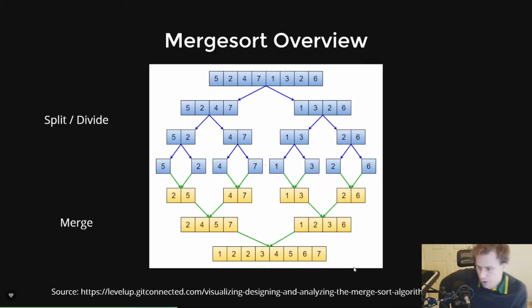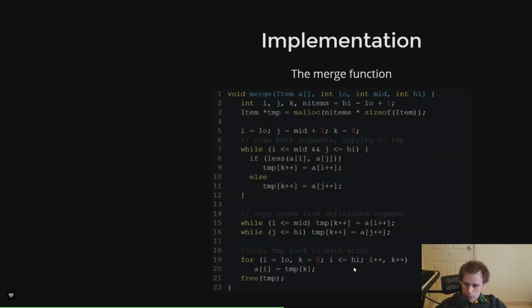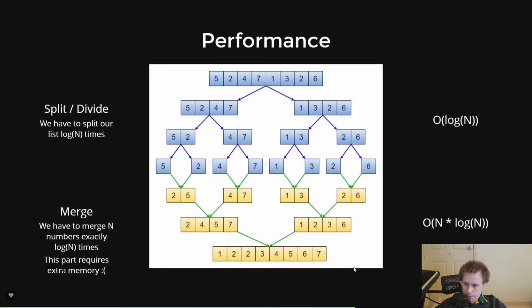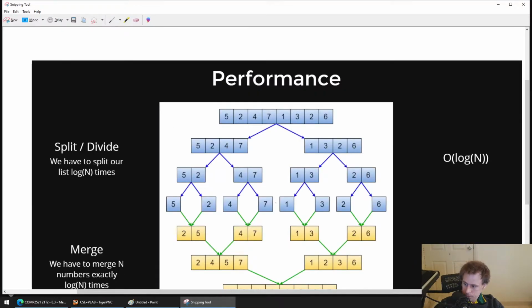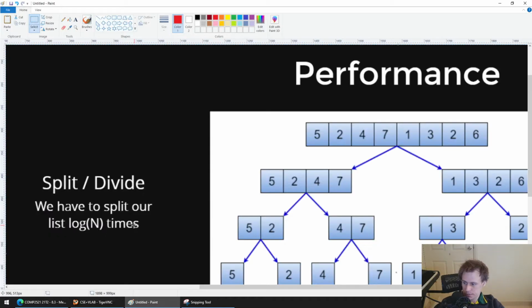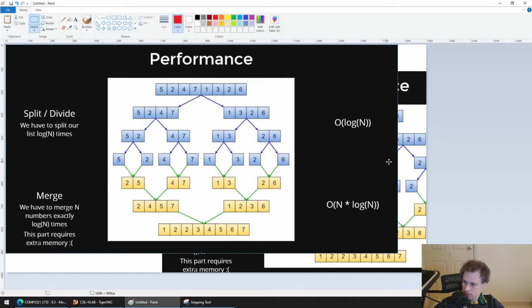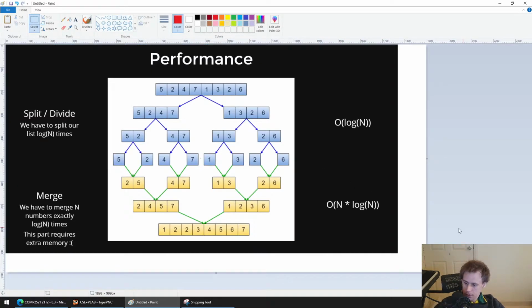So before we look at the code, I might actually jump ahead to another diagram. I copy and pasted this diagram and then talked about the time complexity of it, which might be worth talking to, which is on the performance of this. So let's not even think about the code for a second, but how this works, roughly, is that if we take this and we just dump it in Paint again. Okay. If we dump it here,